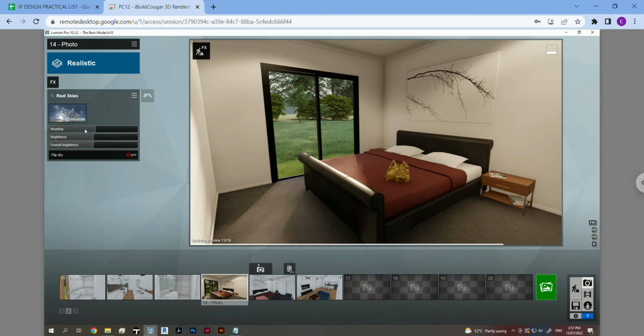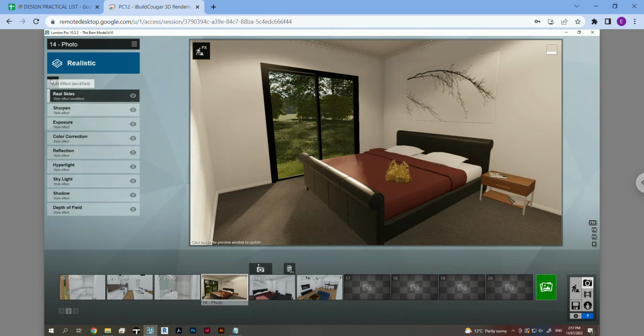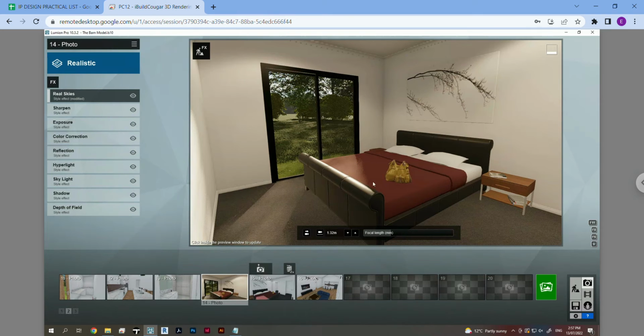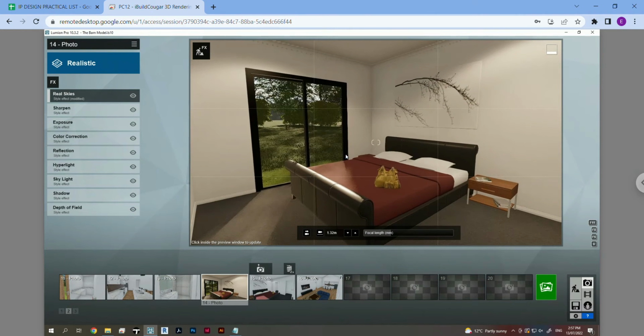With the skies, there are more effects you can add with the sun, sky, and weather. So there are like volumetric sunlight and God rays and stuff. It's probably a bit difficult to get it to look natural and nice. So I think the real skies is probably our favorite for this one. Other effects,